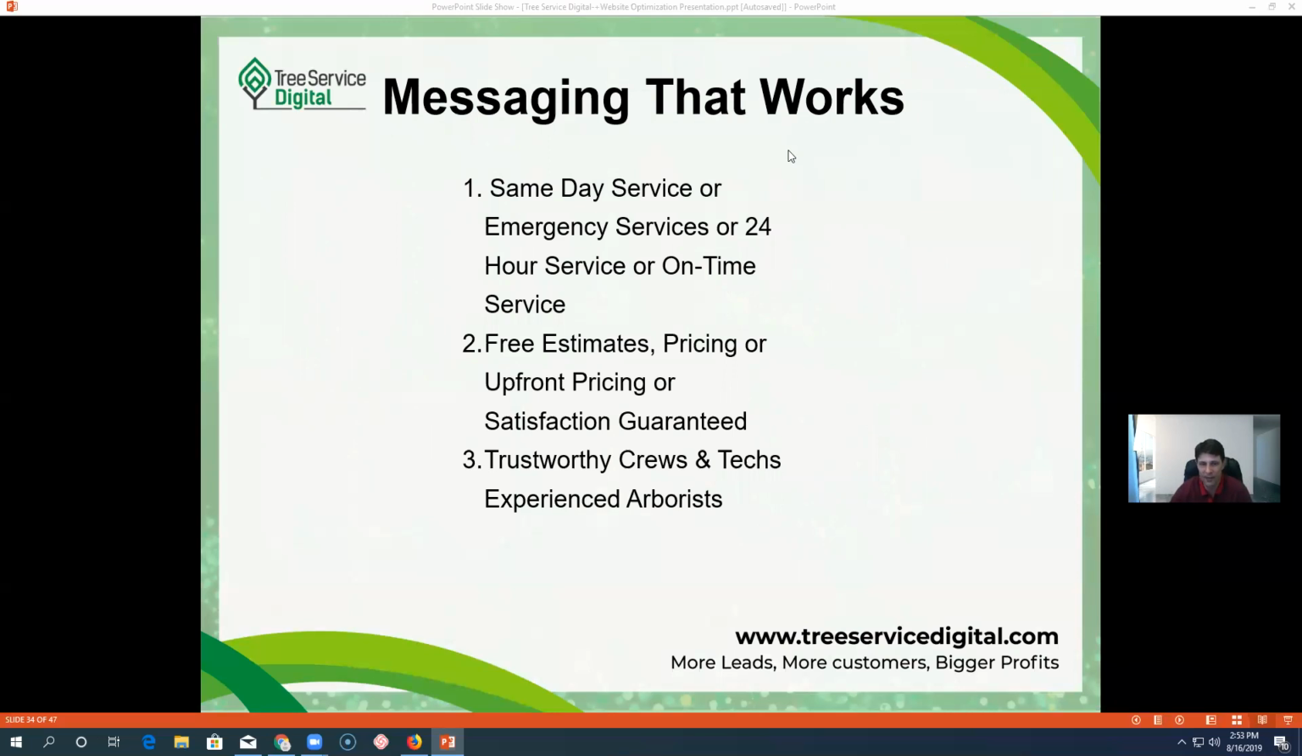free estimates, pricing or upfront pricing or satisfaction guaranteed are also good messages. People want to know that if they call your company, they're going to be satisfied. They're going to like what they get. They're guaranteed to be satisfied. Trustworthy crews, techs, experienced arborists is another one. Members of the main associations, which is the International Society of Arboriculture, ISA, or TCIA, Tree Care Industry Association. So having those credentials on your homepage is going to go a long way in converting some of these people,